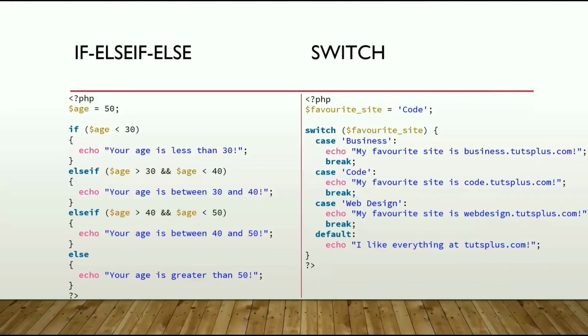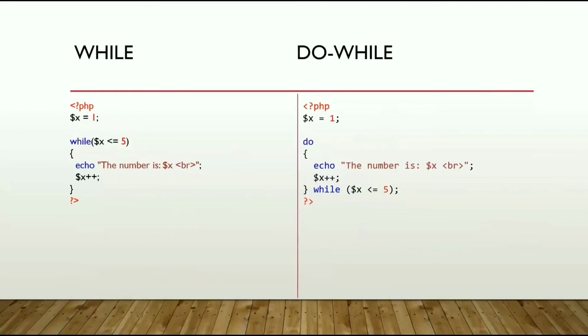Then switch. Switch is again similar to the syntax we have used in the earlier languages, that is C, C++, Java. Again, the syntax for while and do while is the same as in the earlier languages. For while, in brackets we pass the condition and we can execute the particular loop. For do while, we execute the do part and then check whether the condition is fulfilled. If yes, then again execute the do loop.